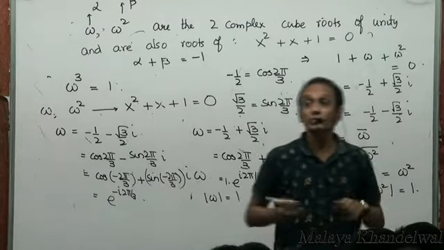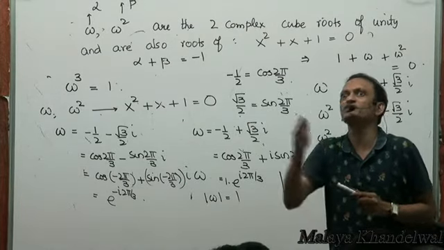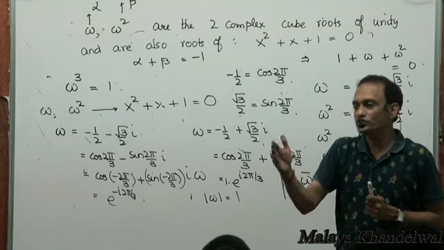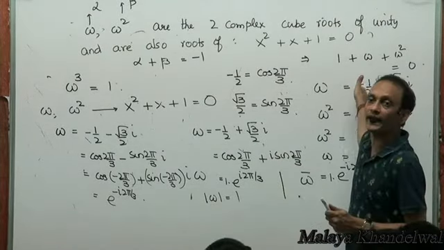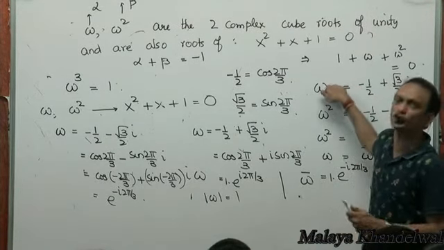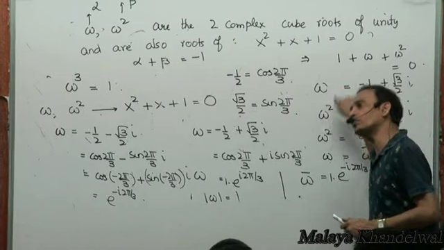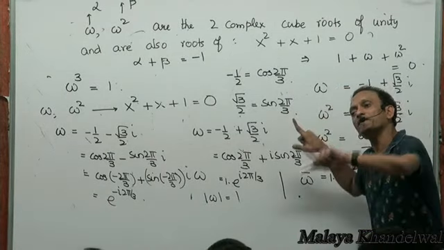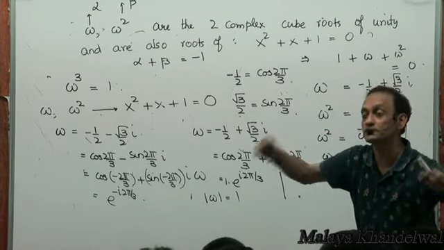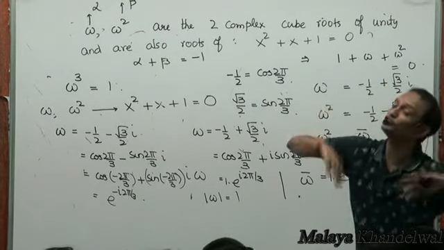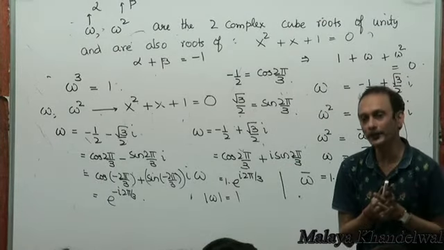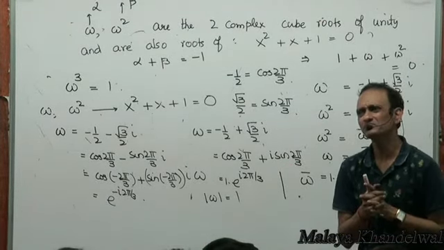It does not matter. Because the moment I wrote that one is the square of the other, I had not fixed which of the two is going to be omega and which one omega square. Because if this is omega, then this is also the square of this. So any one of these could have been taken as omega, and then the other one would automatically turn out to be omega square, for the simple reason that they are squares of each other. So it didn't matter. Right? Confusing? No?